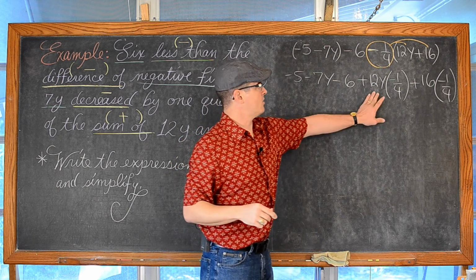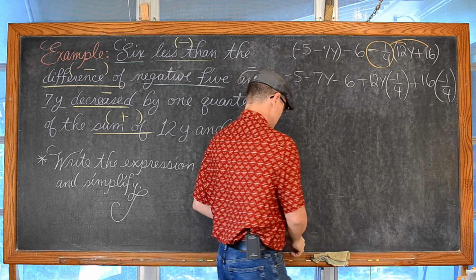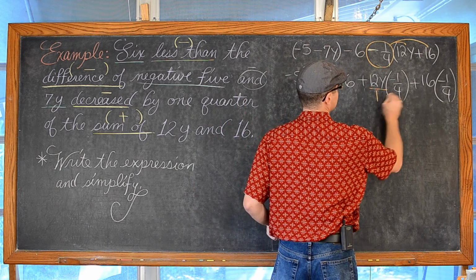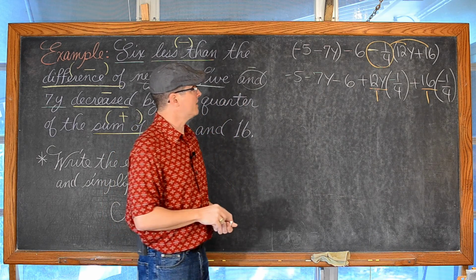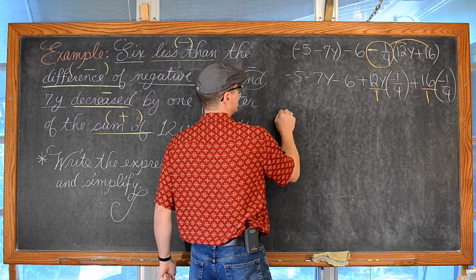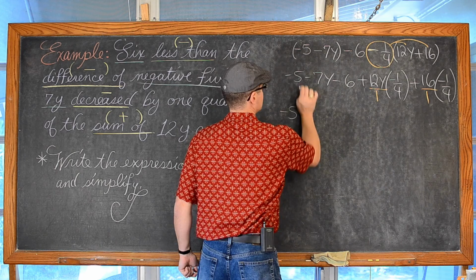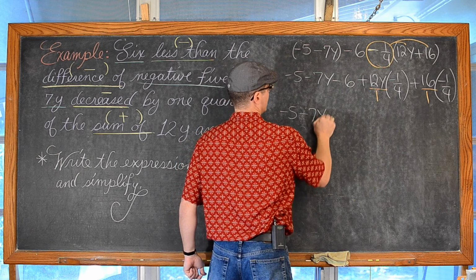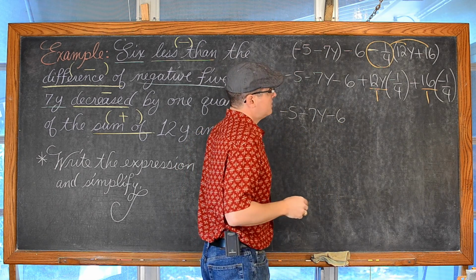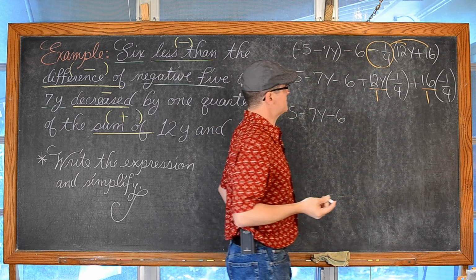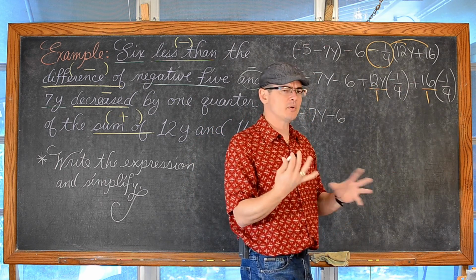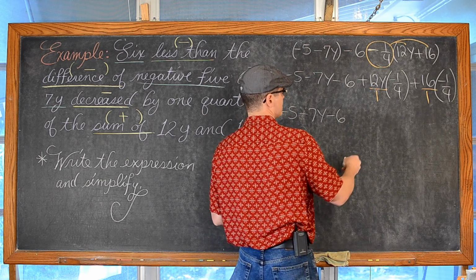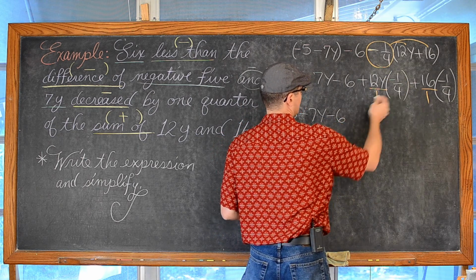-1/4. And now I've got whole numbers and fractions, so just to make sure that I keep all this lined up correctly, let's put that over 1 so I can see how the numerators and denominators line up. We get -5y, -5 minus 7y minus 6. Now we have some reducing opportunities here. We have 12 on top and 4 on the bottom. I've actually been doing a lot of reduction ahead of time. Let's switch it up this time and actually just multiply this together.